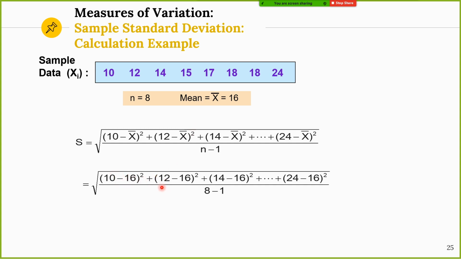Okay, you can calculate this. Don't forget to make sure it is the sample, minus 1. Then we have this number. So this is the average number. How far are you from the mean? Simple?